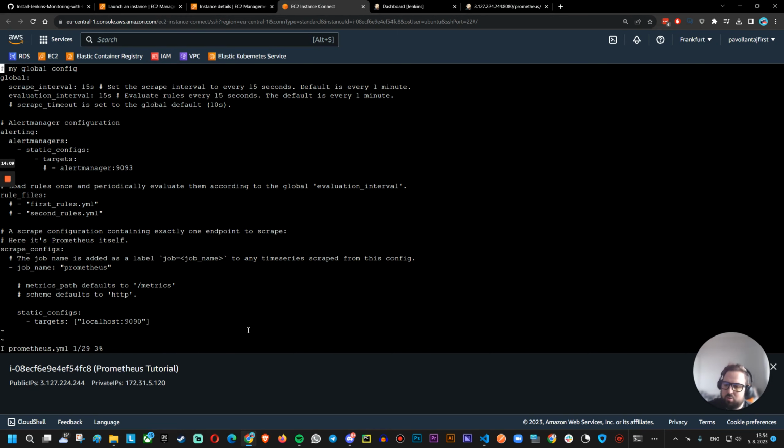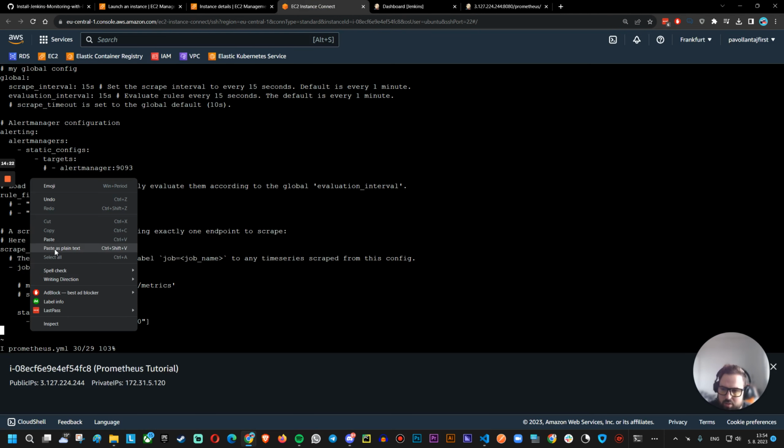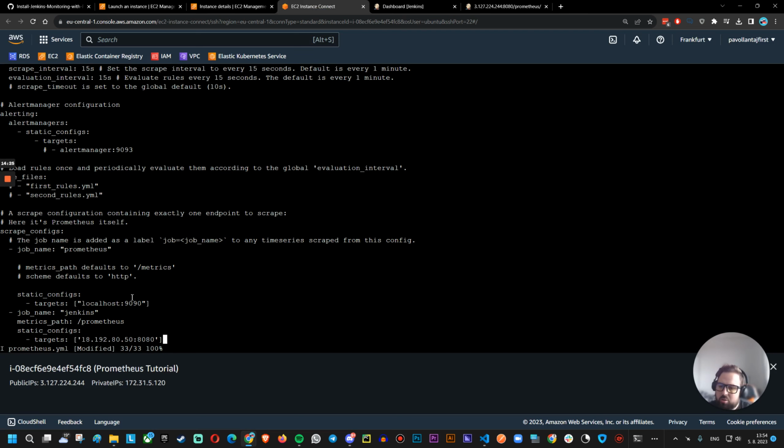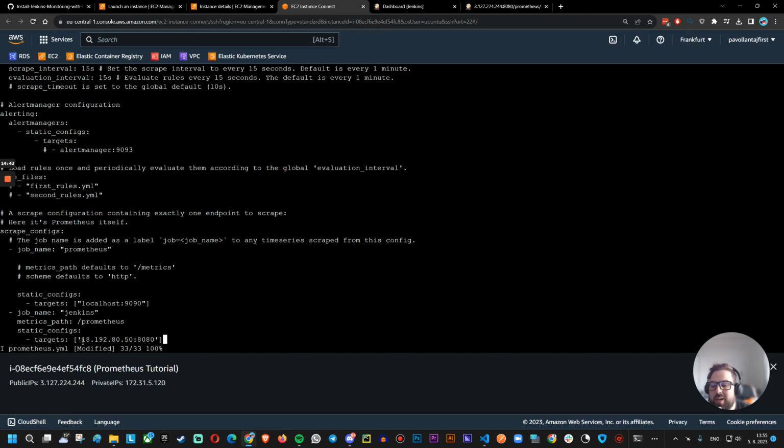We press I to go into insert mode. We go all the way to the bottom, enter, and we will take this section right here, Control C, and right click, paste. So as you can see here, Prometheus is scraping itself, Prometheus metrics on localhost 1990, and we are adding another job, and the job name is going to be Jenkins. The path is going to be /prometheus, so it will find this IP